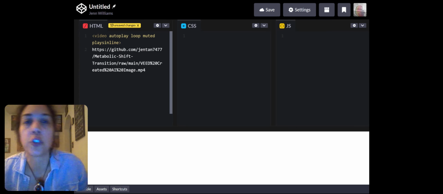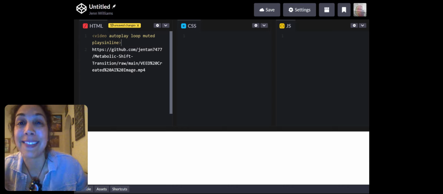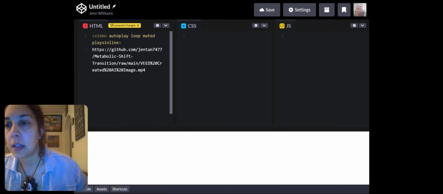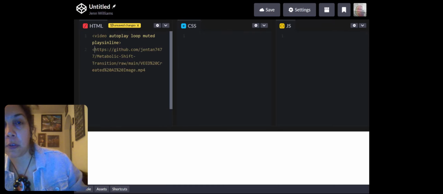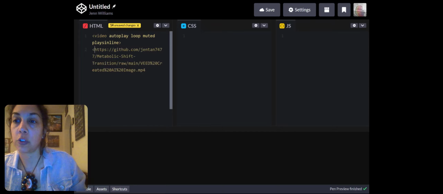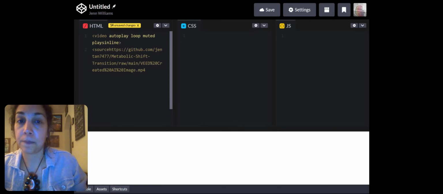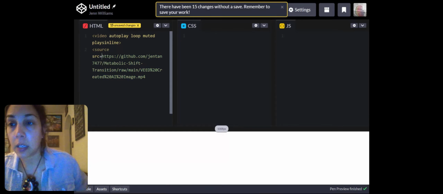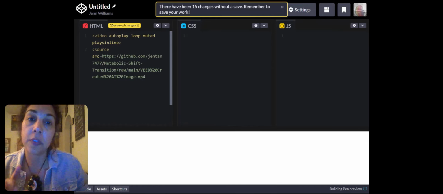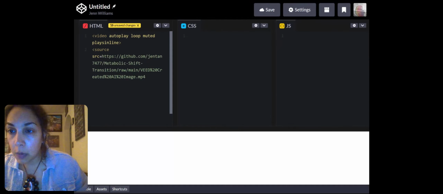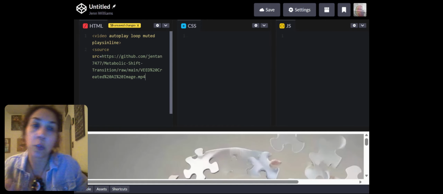So from here, what you want to do is actually embed it as a source. And that's probably the easiest way to create that. So what you're going to do is take those same character elements and type source, src equals, and then this is where it's going to get a little bit hairy. So keep the equal sign there. See how it goes all the way down to the MP4. Okay, so once you're there,